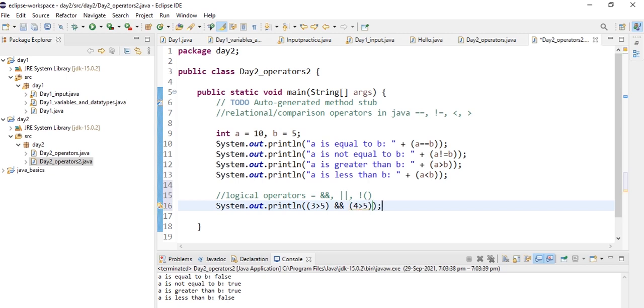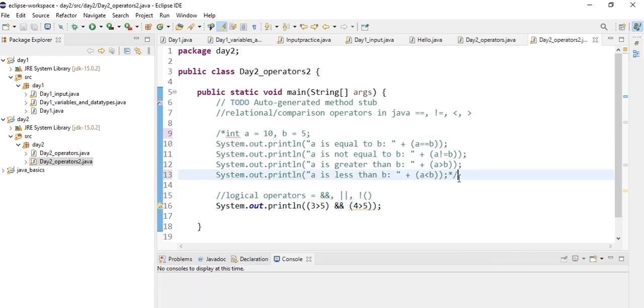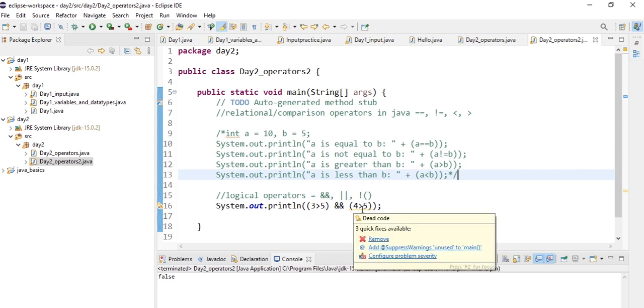So here we will get false. Once again, let's put this in a comment so we won't get confused. Now let's execute this. We get false, because 3 is not greater than 5, 3 is less than 5, and 4 is also less than 5.